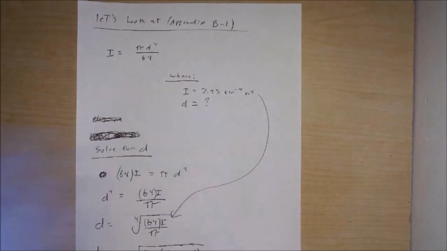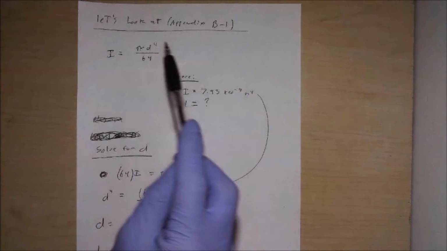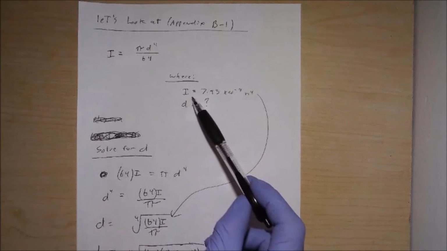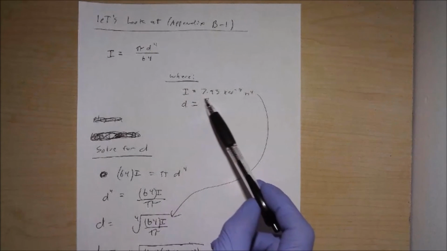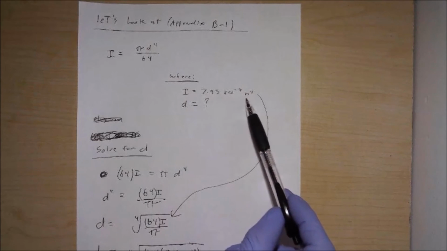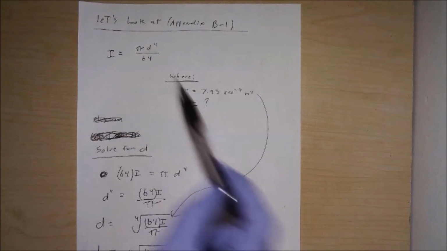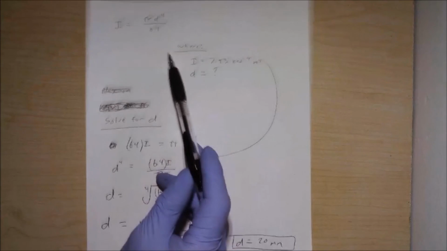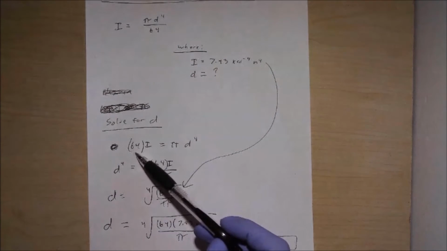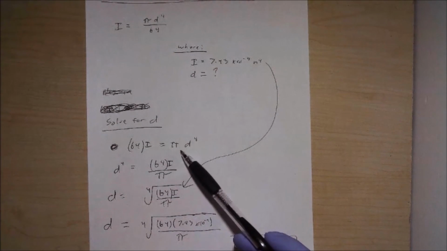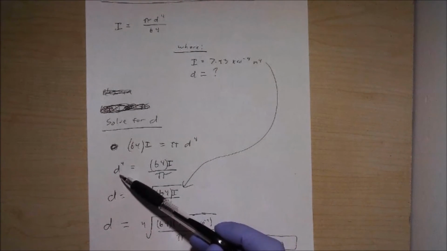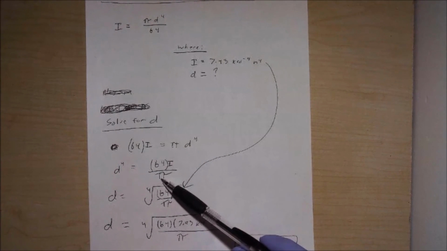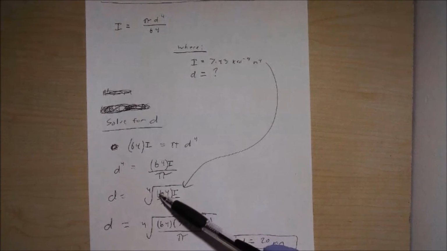So now we have the relationship and equation for our moment of inertia from Appendix B1. We can start plugging in our known values. We've already solved, we know that we have a value for a moment of inertia of 7.93 times 10 to the negative 9th meters to the 4th. So we can rearrange this equation and solve for d. When we do that, we can multiply both sides of this given equation by 64. We end up with 64I is equal to pi d to the 4th. Then we rearrange this here, solve for d to the 4th with the pi on the other side. D to the 4th is equal to 64I divided by pi, where d is equal to the 4th root now